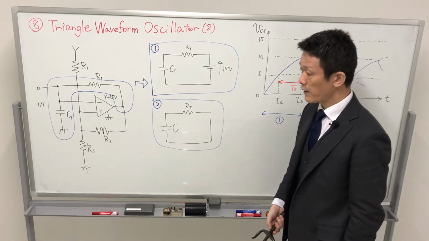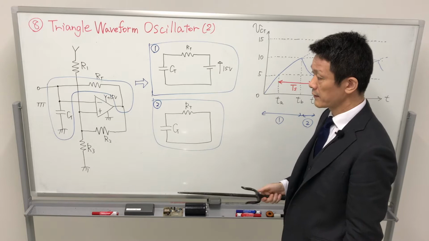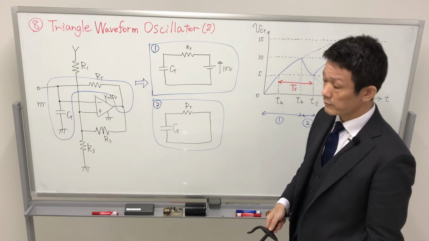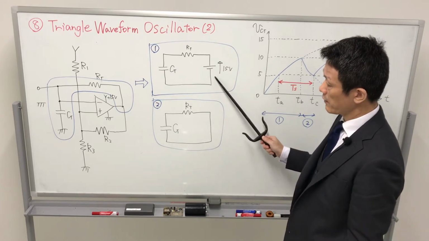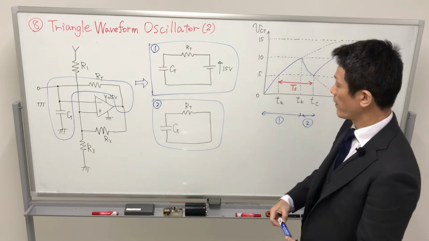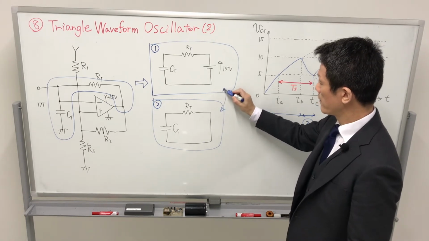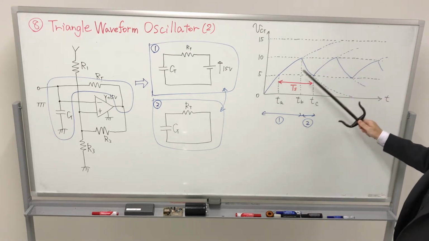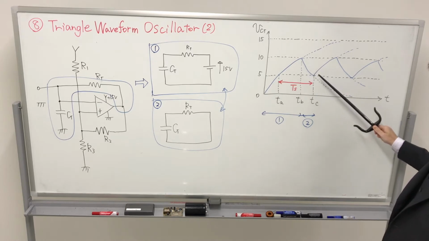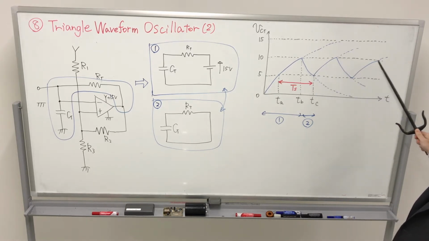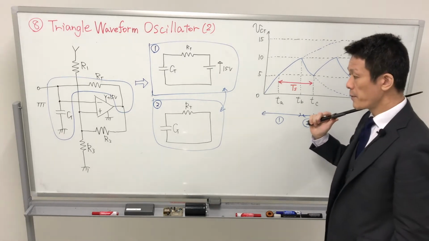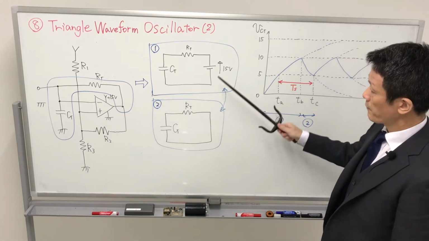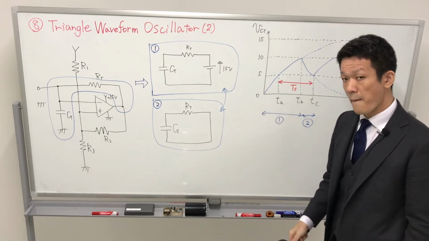Okay, and we can understand that this circuit and this circuit repeat alternately, so we can obtain the triangle waveform. Charge, discharge, charge, discharge, charge, discharge. It repeats alternately between the two equivalent circuits, this circuit and this circuit, because of the